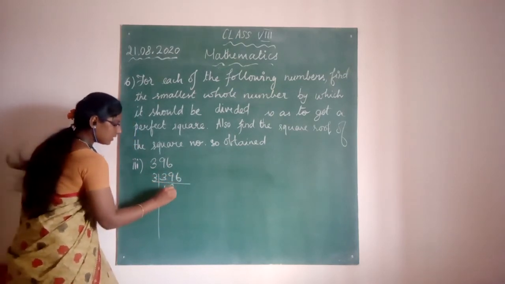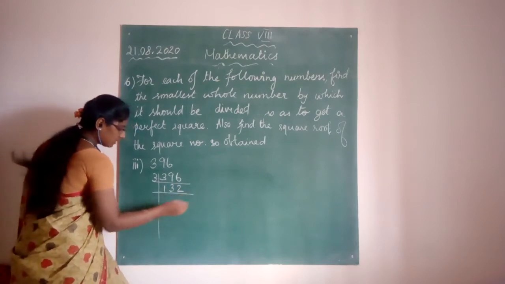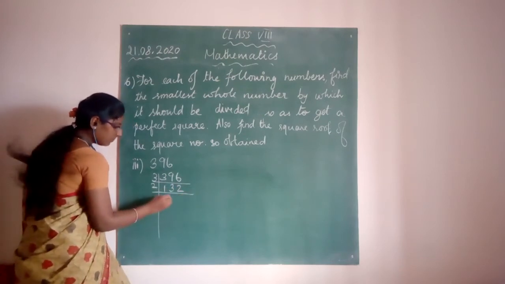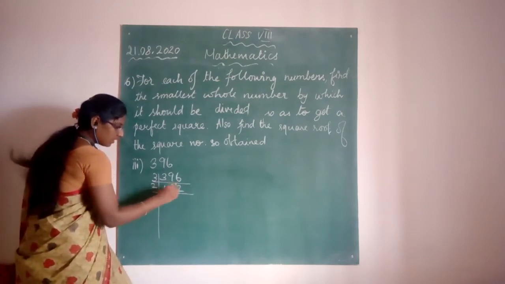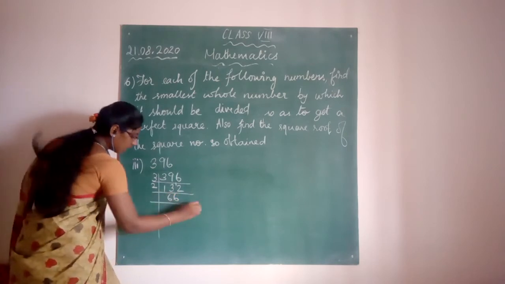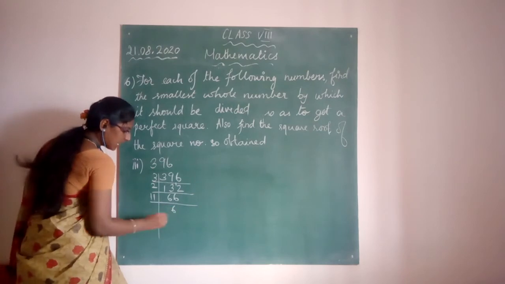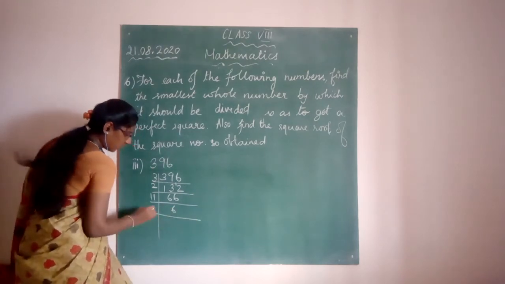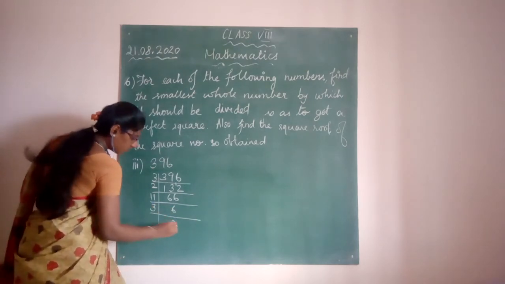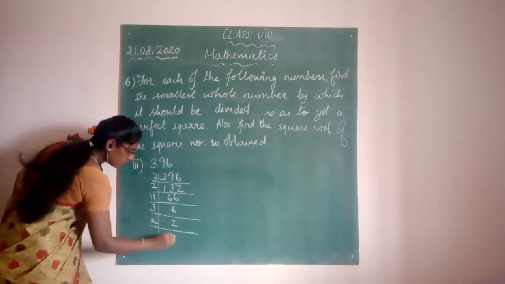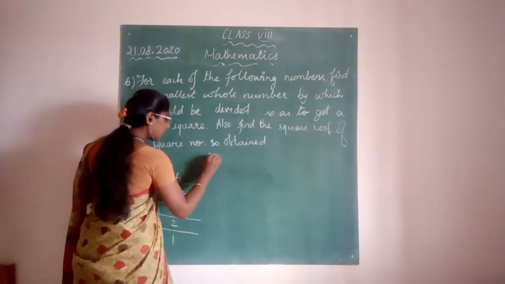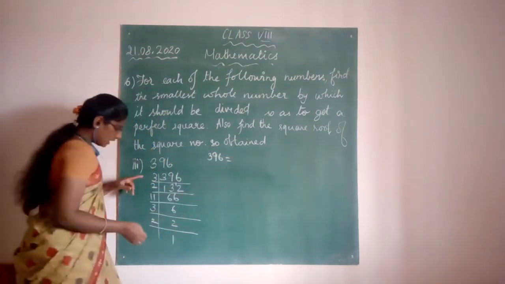3 1s are 3, 3 3s are 9, 3 2s are 6. Now you can go with 2 table. 2 6s are 12, 1 remaining, again 2 6s are 12. Now you can go with 11 table. 11 6s are 66. So again 3 table, 3 2s are 6, then 2 1s are 2. Now you can write 396 as,